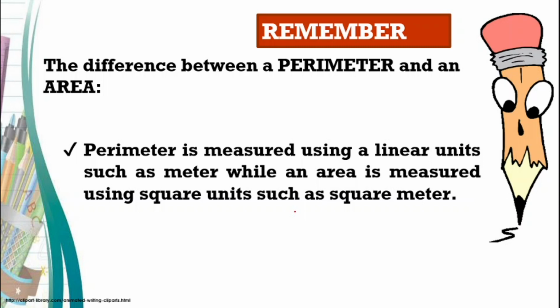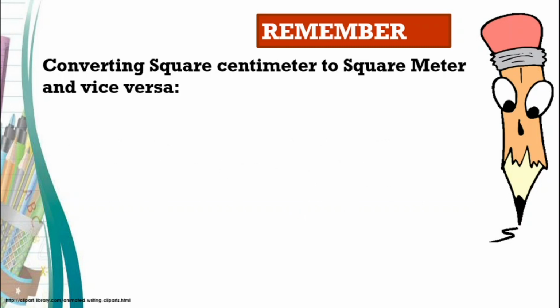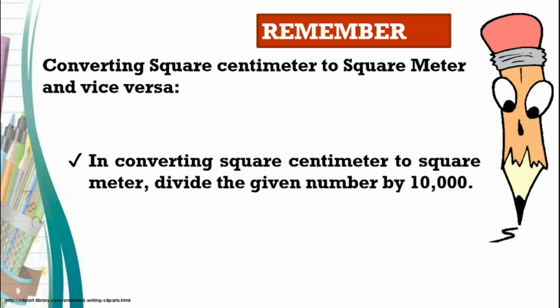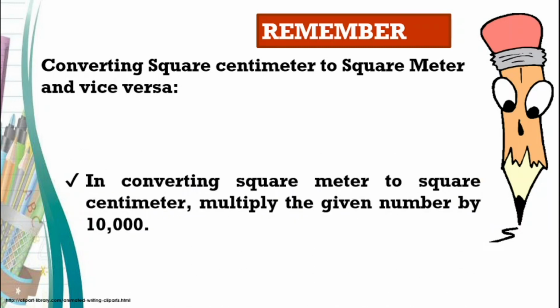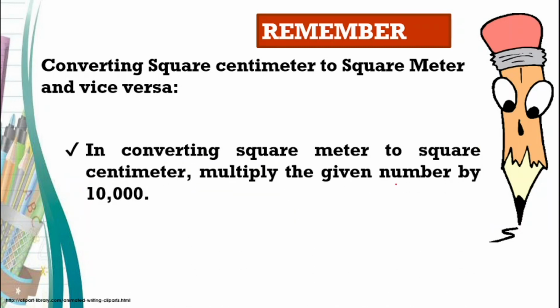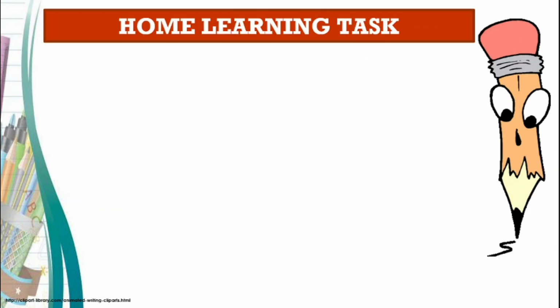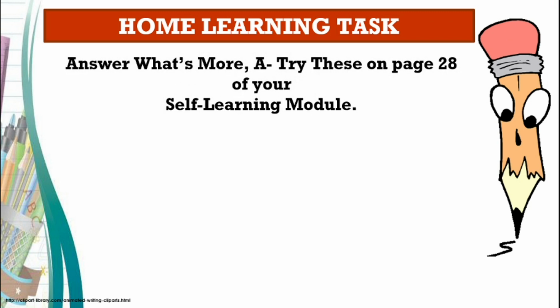such as square meter. And in converting square centimeter to meter squared or vice versa, all you need to do is divide the given number by 10,000, and if you convert the square meter to square centimeter, you just multiply it by 10,000. So for your home learning task, grade 4 pupils, answer What's More and Try This on page 28